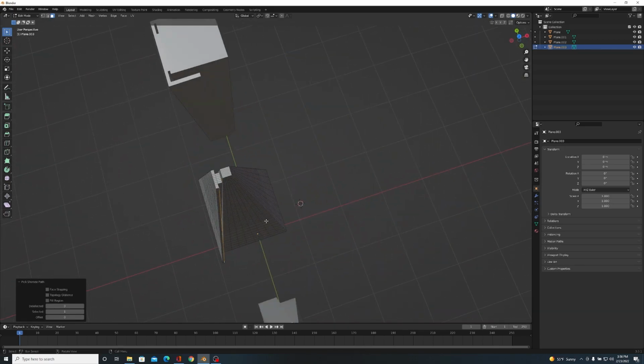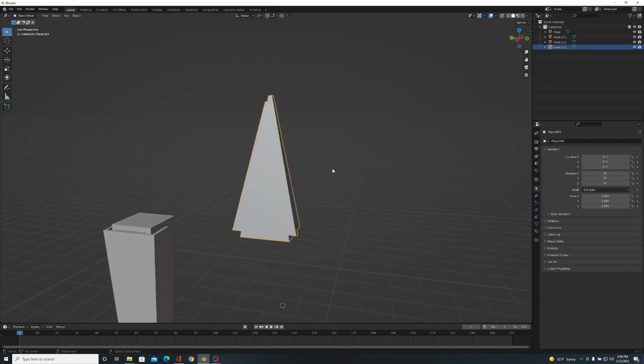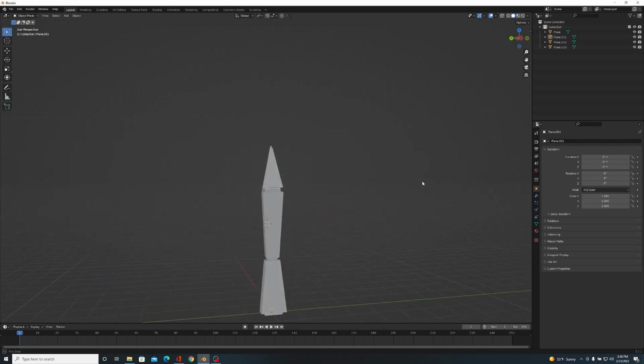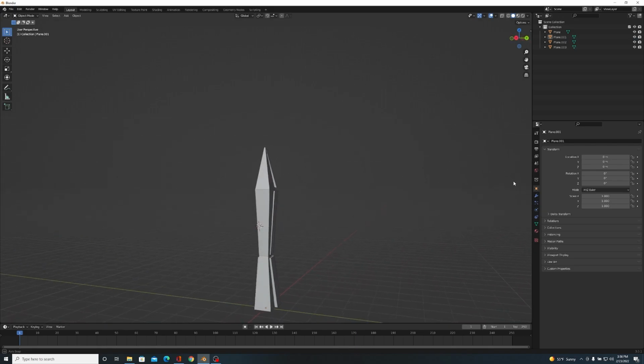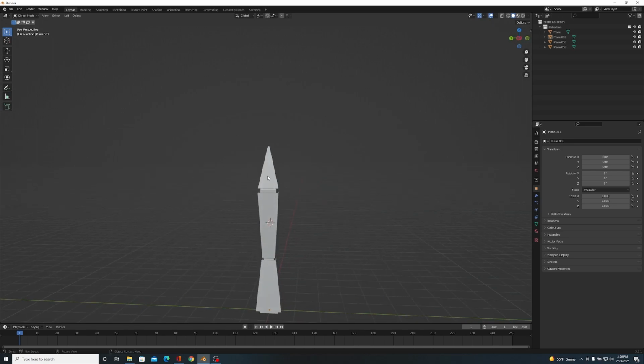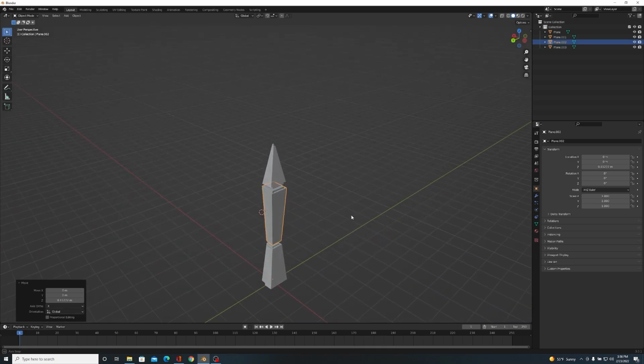Alright, so we're going to do the same thing. Take it and extrude it. As you can see, we're going to go a little lighter on how far it goes, just because we don't want it to overlap our tip there. Beautiful. So now, if we take our leg here, we zero out the Y, zero out the Y. Now we've got some really interesting plating geometry happening here. There's still a little bit of work to be done, but it's starting to look like something we could be proud of.